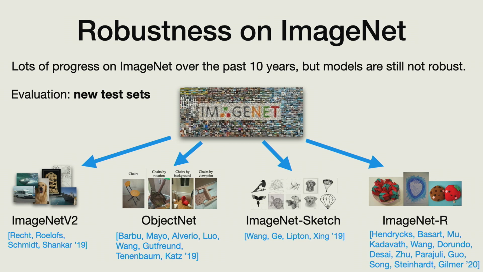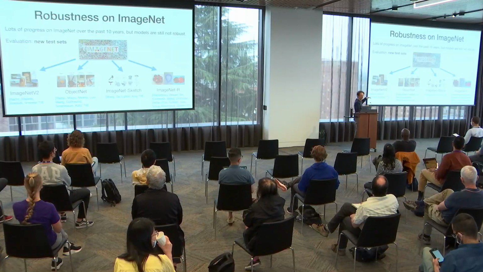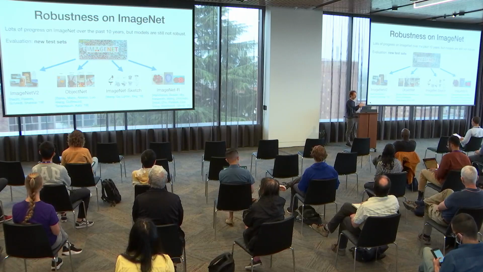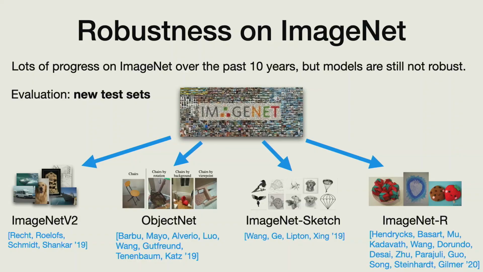For the purpose of today's talk, we're not going to go into all of the details of these data sets, how they were built, what exactly they measure, because at a high level, although they test different things, from a robustness perspective, the models behave kind of similar. So just to give you a very high level, Imagenet v2 was a reproduction that we did in order to build a new test set for Imagenet. We tried to follow the existing data set creation process as closely as possible, but it turned out that even very small variation in how you build this data set leads to noticeable performance drops.